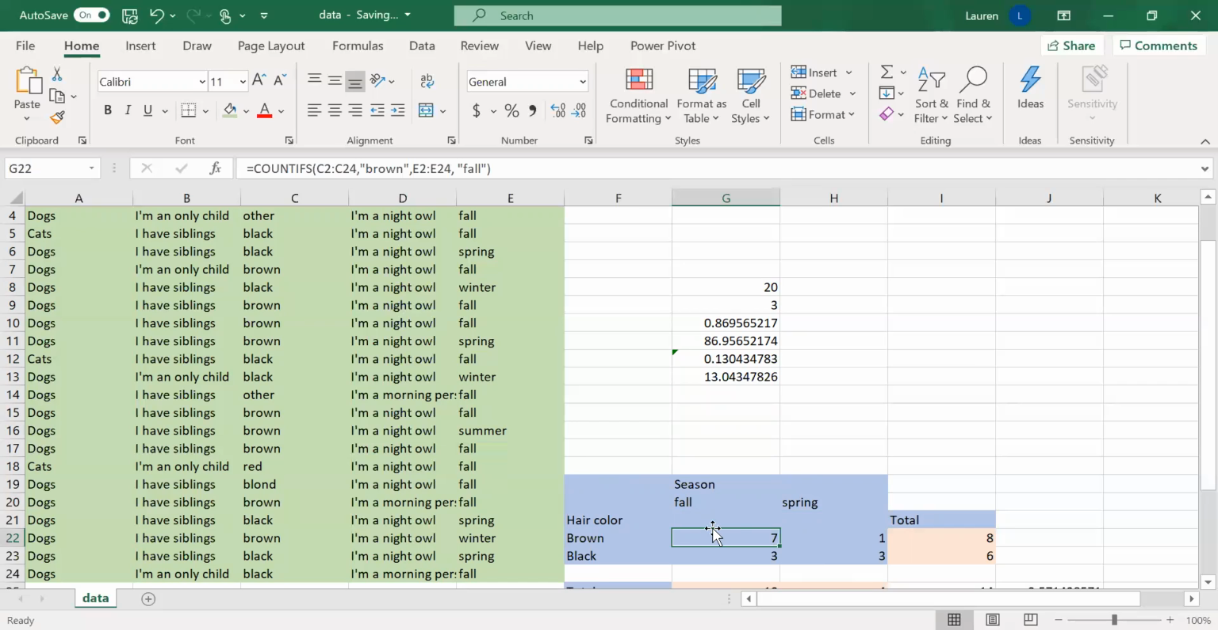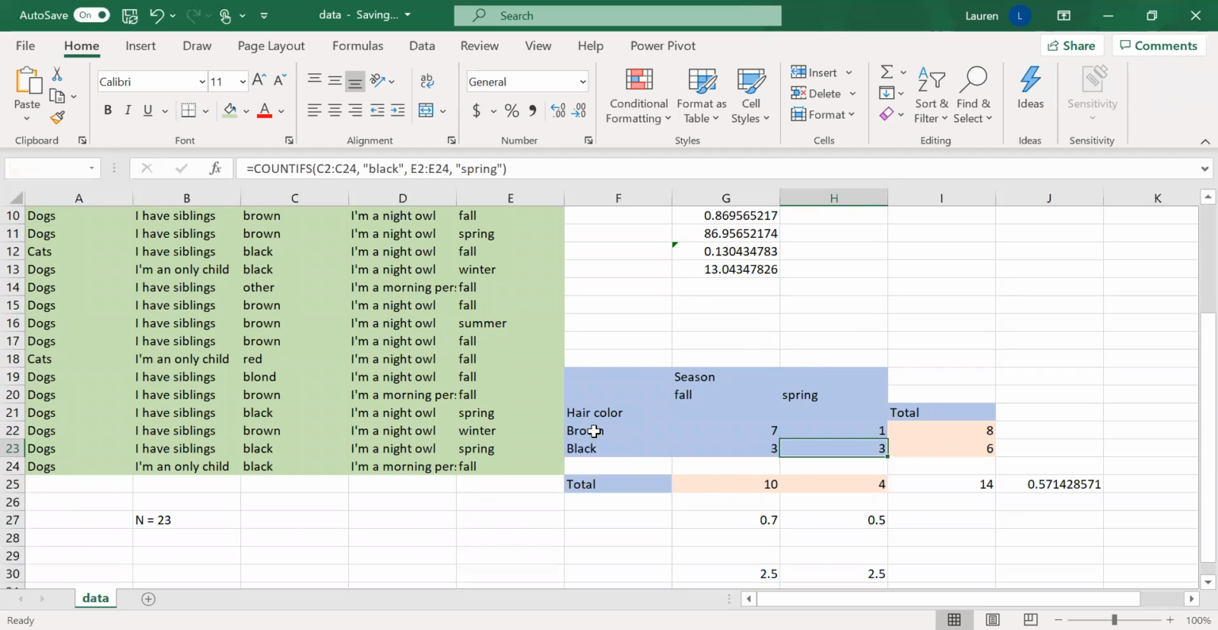And so what we did was we got the counts of the people who had brown hair and said that they liked fall. So that was 7 people who had both brown hair and liked fall. We said we wanted the people who had brown hair and liked spring, people who had black hair and liked fall, and people who had black hair and liked spring. So this presents frequencies across two different